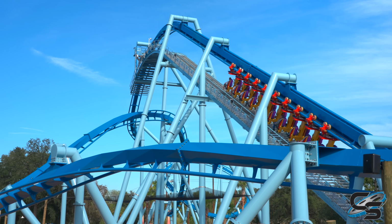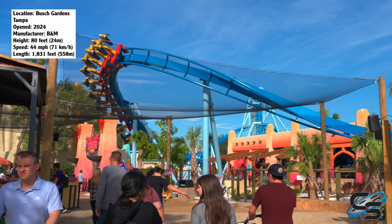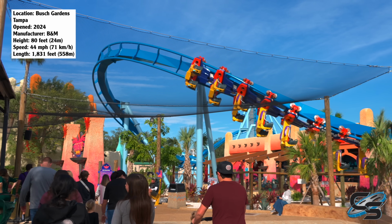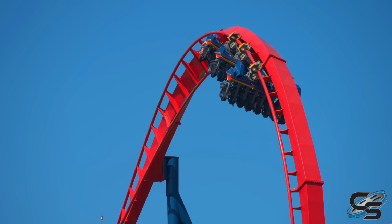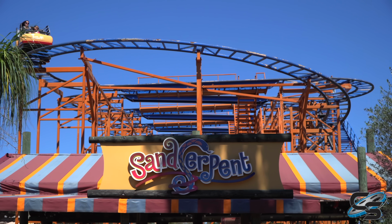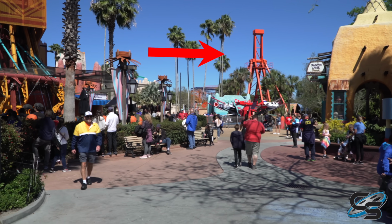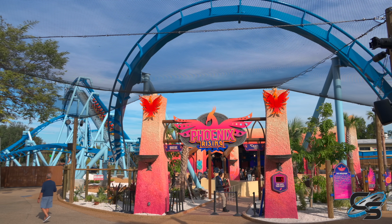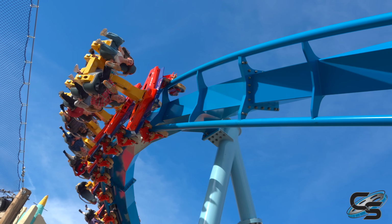Phoenix Rising is the new for 2024 B&M Family Invert coaster, the first of its kind to open up outside of China. It's located at Busch Gardens Tampa and is one of currently 9 roller coasters in operation. It replaced their old Wild Mouse coaster, Sand Serpent, as well as an Intamin looping starship called Phoenix. So naturally, its successor is the Phoenix Rising from the ashes, taking the form of this brand new roller coaster,